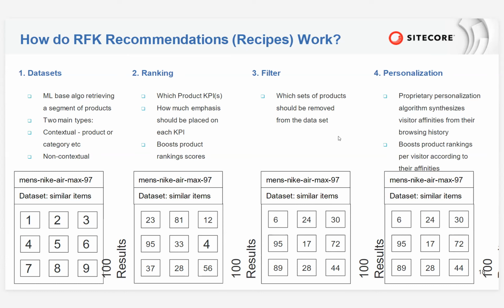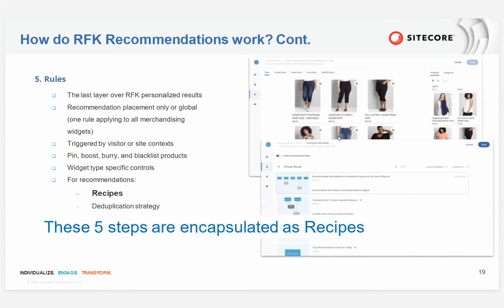And then there's other business logic you might want to apply to that initial set. You might want to filter some products out because you don't want to sell or promote them for various business reasons. And then finally, you might want to take into account the sort of person who's actually looking at that product right now and see what they might like, based on what similar users have looked at in the past or based on their history. And then there's a final layer that goes on top of that. So, the next slide, which is basically rules that you can apply on top. You could have rules like don't show anything where the inventory level is less than 15 units, that sort